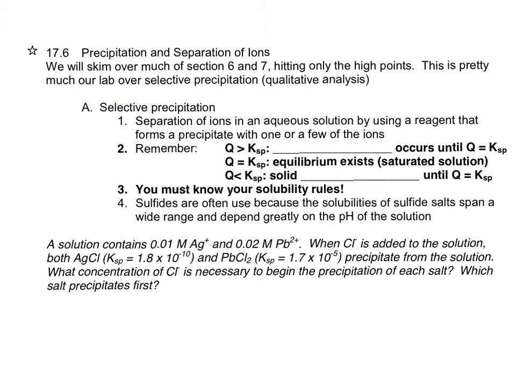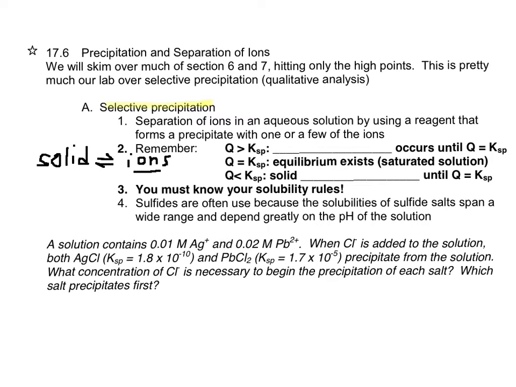17.6 is over selective precipitation. In selective precipitation, we can use a value for Q, which is based on your initial values of equilibrium, just like it was with our other equilibrium problems, to figure out if something's going to precipitate out or if it's going to dissolve. So say we have a solid dissociating out into ions. When the solid dissociates out into ions, if we have an initial value for our ions, we can use that